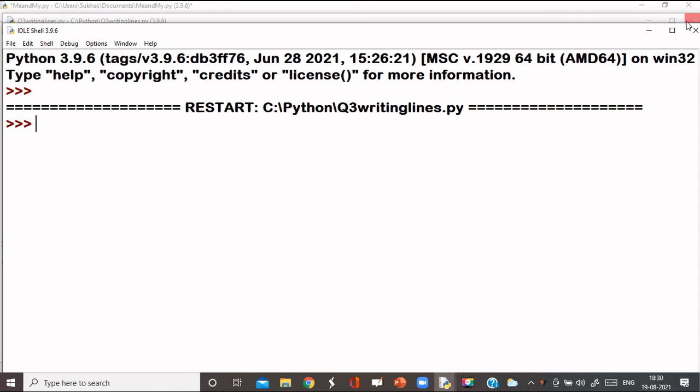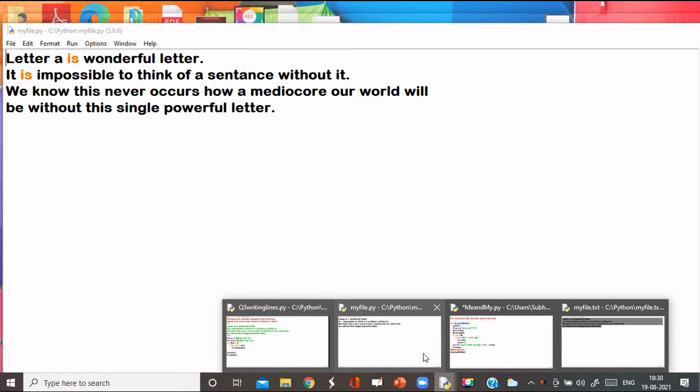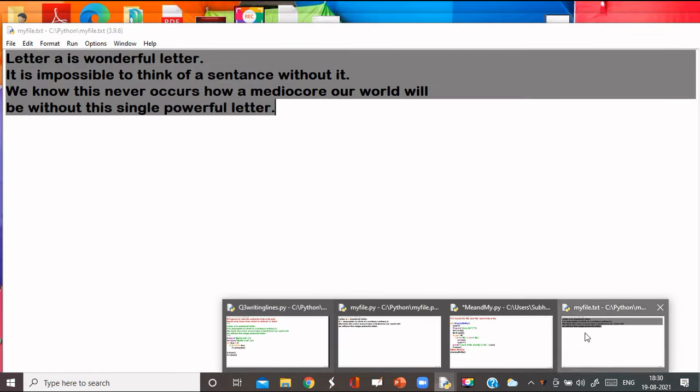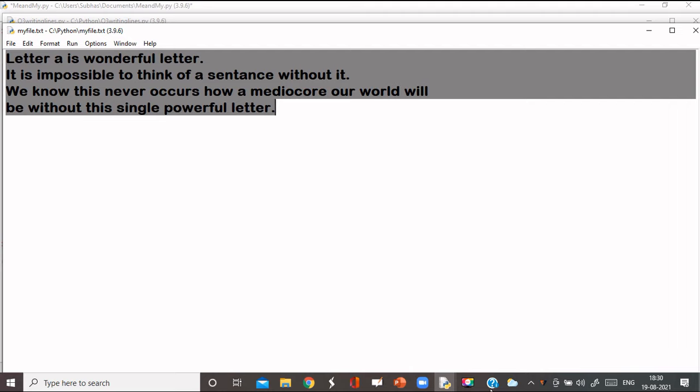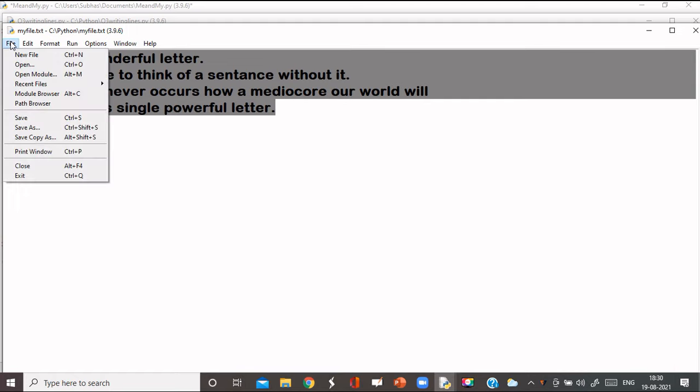And now I have to check whether the file contains these things or not. So myfile.txt is this file, and now we have to check what is stored in myfile1.txt. I have to find myfile1.txt from these recent files.